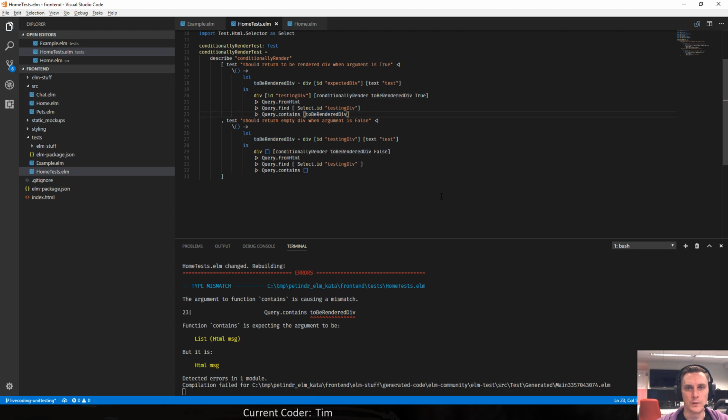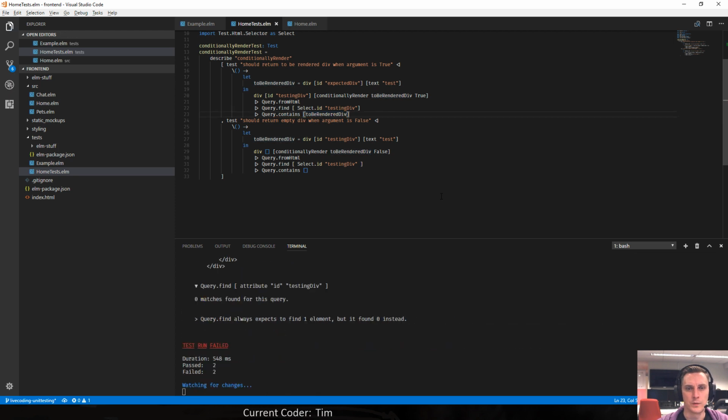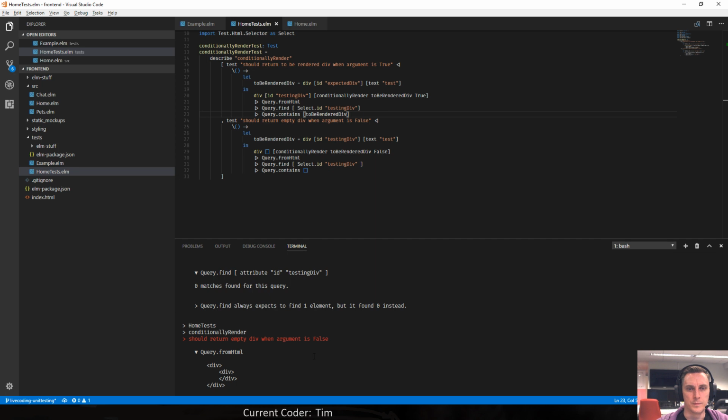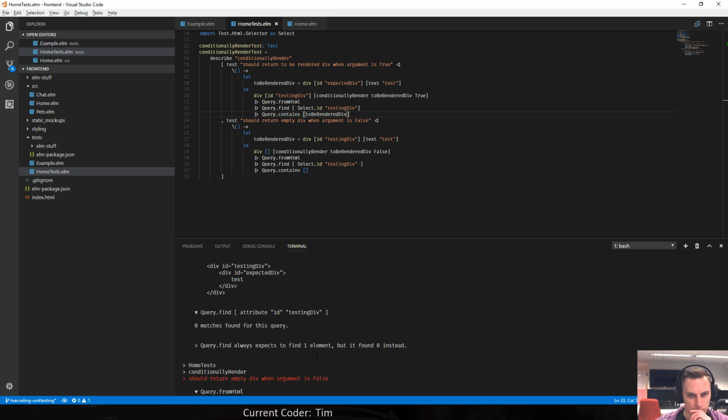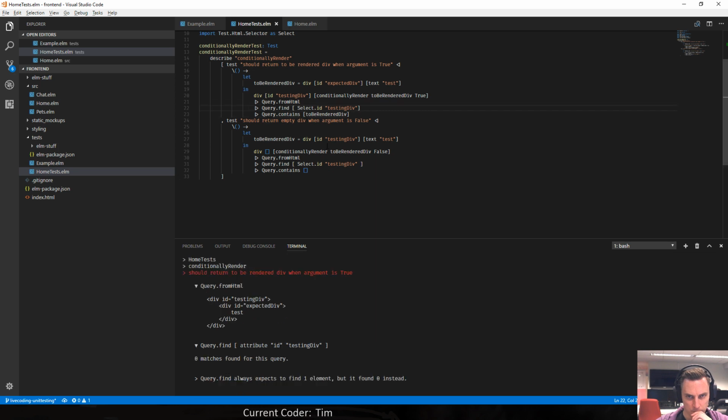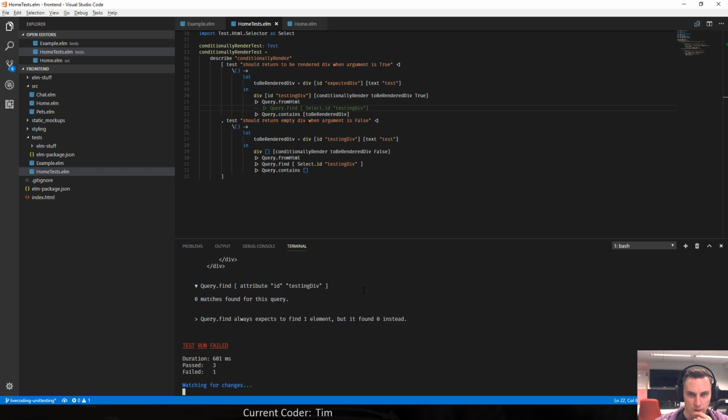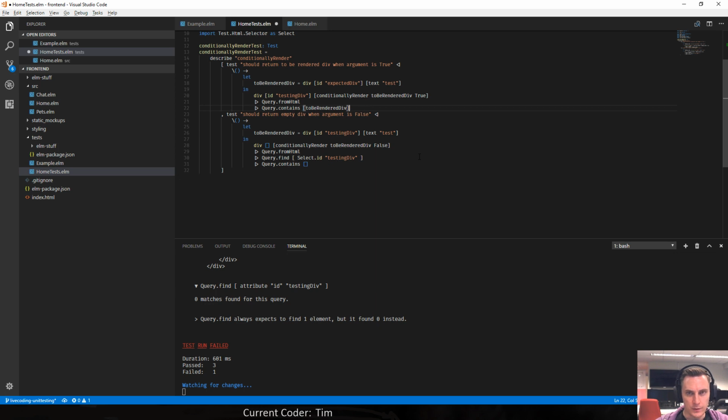If I wrap this, then it does. Two are failing still. So that fixes it. Then I don't need an ID for that.